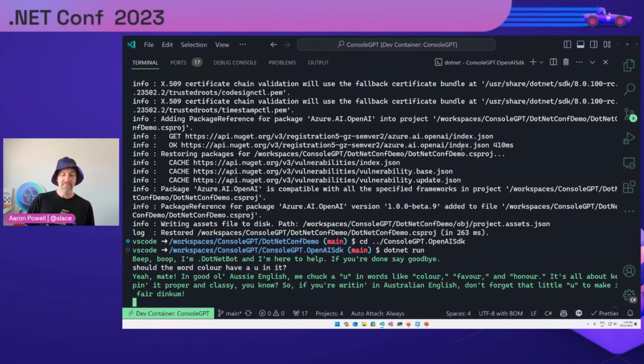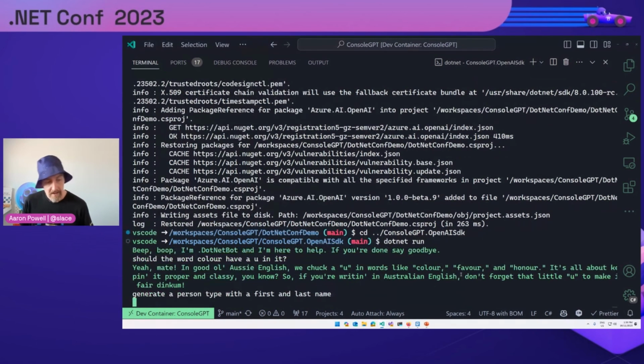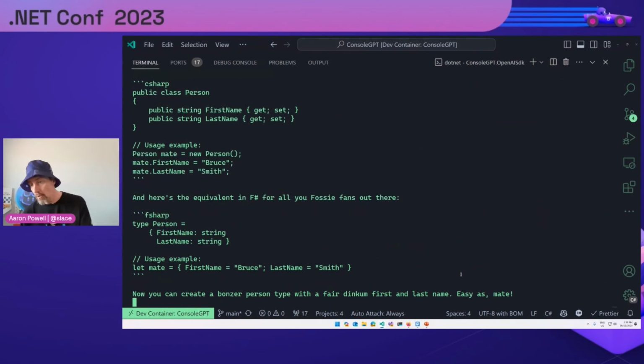color, favor, humor. So you can see how we've given it, like I said, personality. We've given it context into what it's capable of doing. But we've also said that it's an expert in .NET. So let's say, generate a person type with a first and last name. So let's see what it's going to do with that. I haven't told it to generate C# or F#, but as you can see that it's done that because